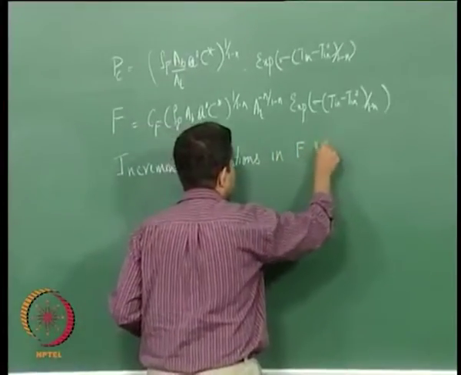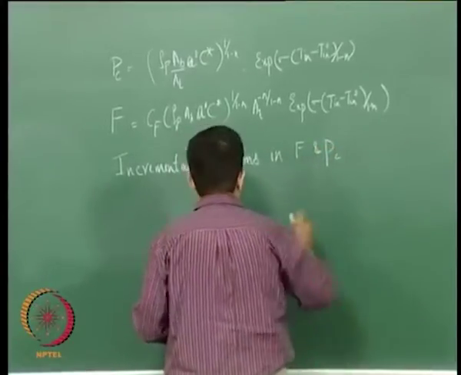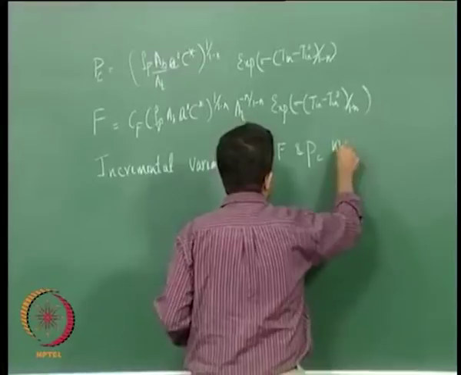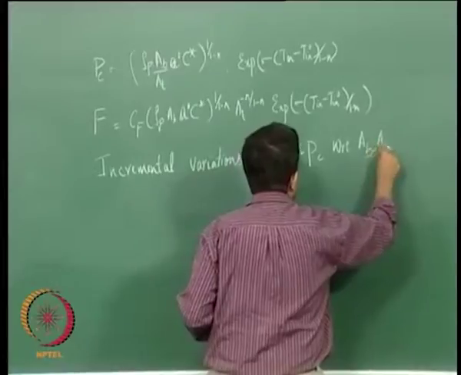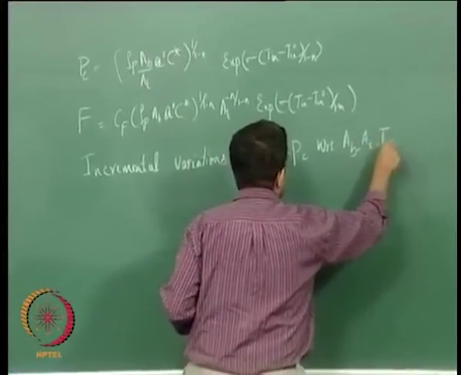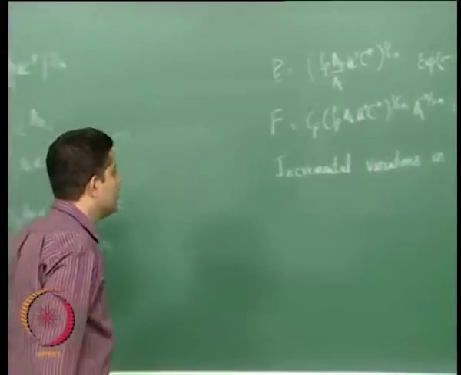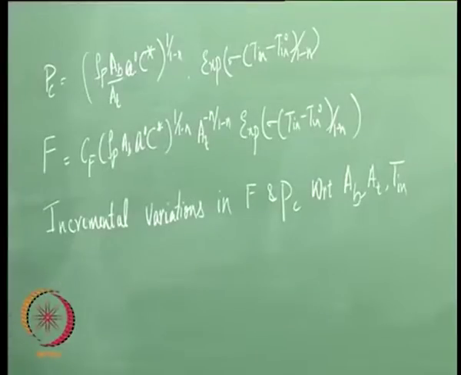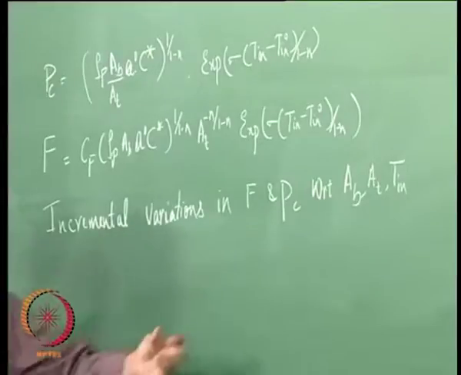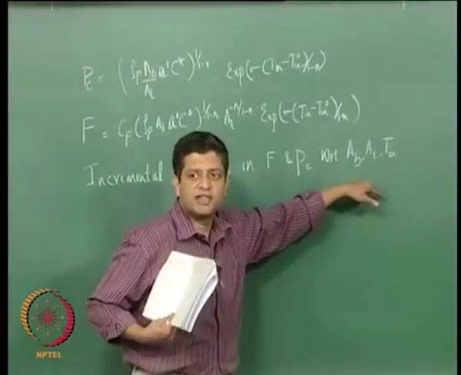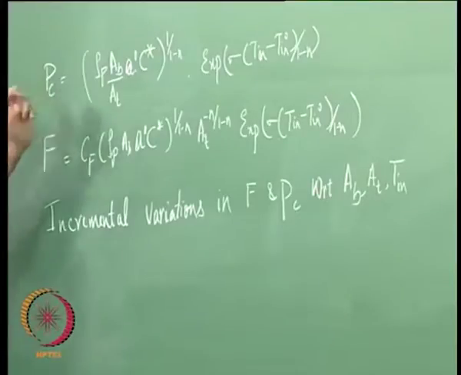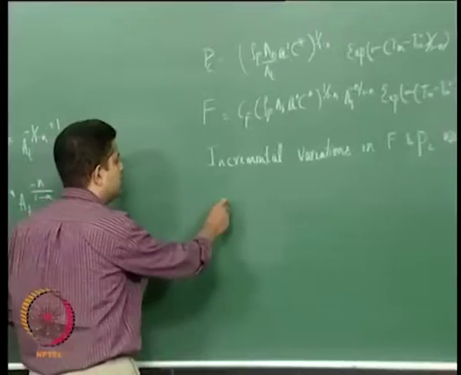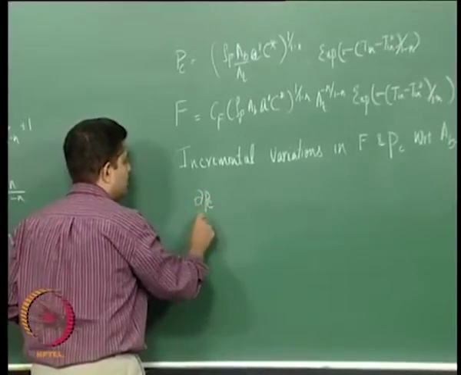F and P c with respect to A B, A T and initial temperature. Okay. So, let us take firstly A B. What is the variation of P c with respect to A B? So, we get dou P c by,